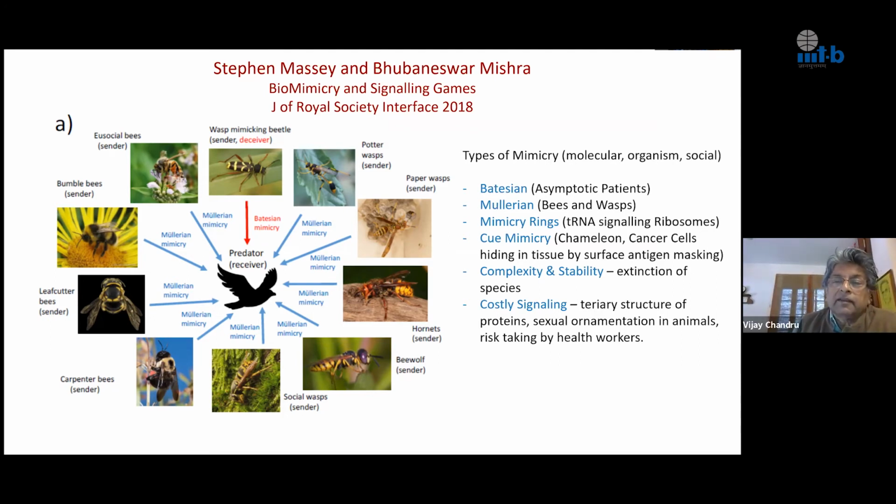You can look at complexity and stability, and then what is called costly signaling, right? Where at a molecular level, the structure of the protein sort of is the basis of the signal. With animals, it might be sexual ornamentation. And at a social level, it could be health workers taking unnecessary risks, right? Which is an expensive